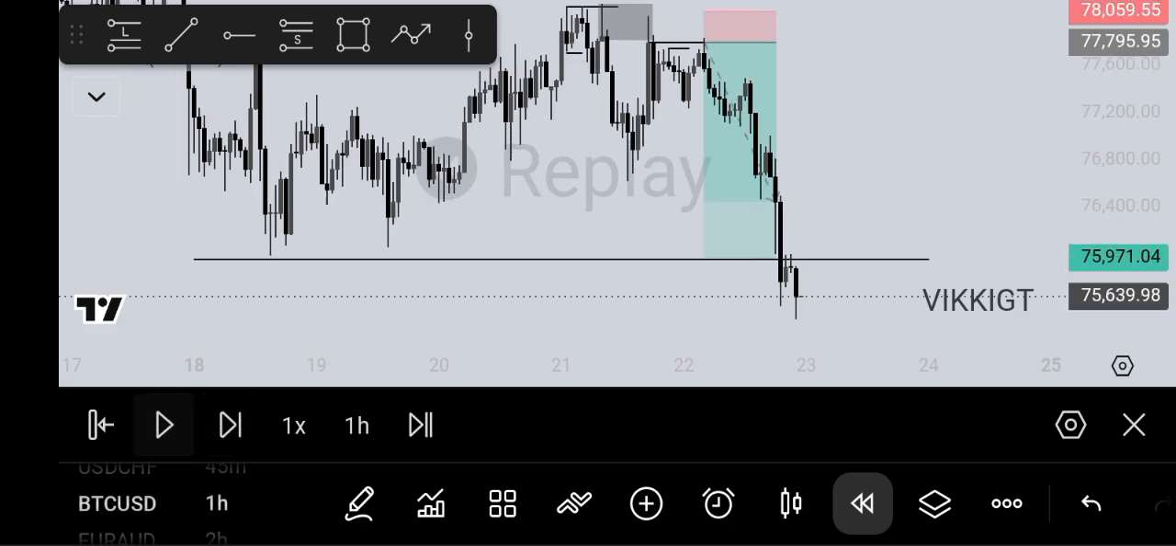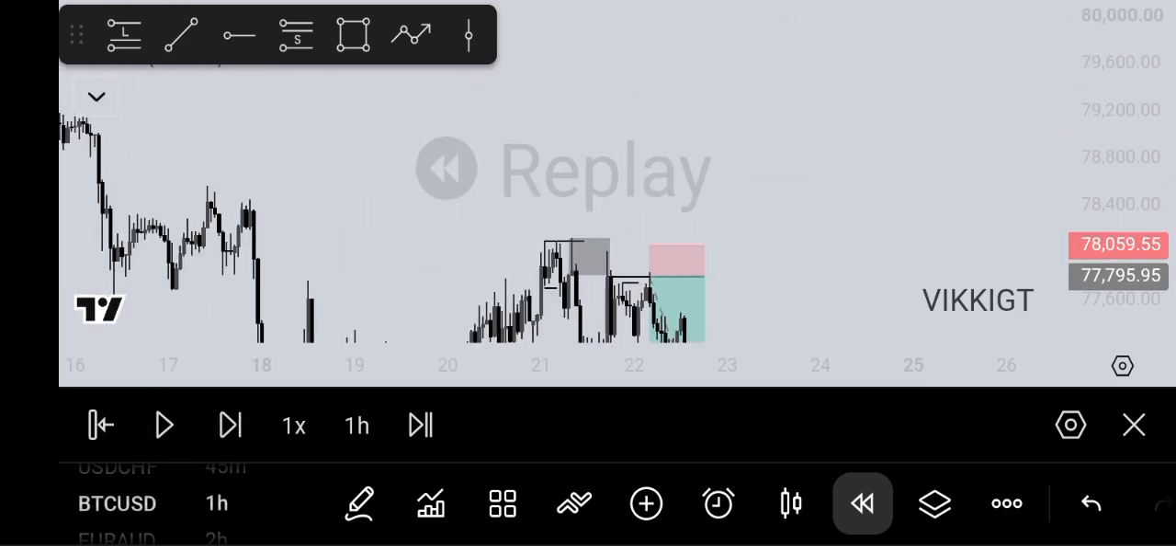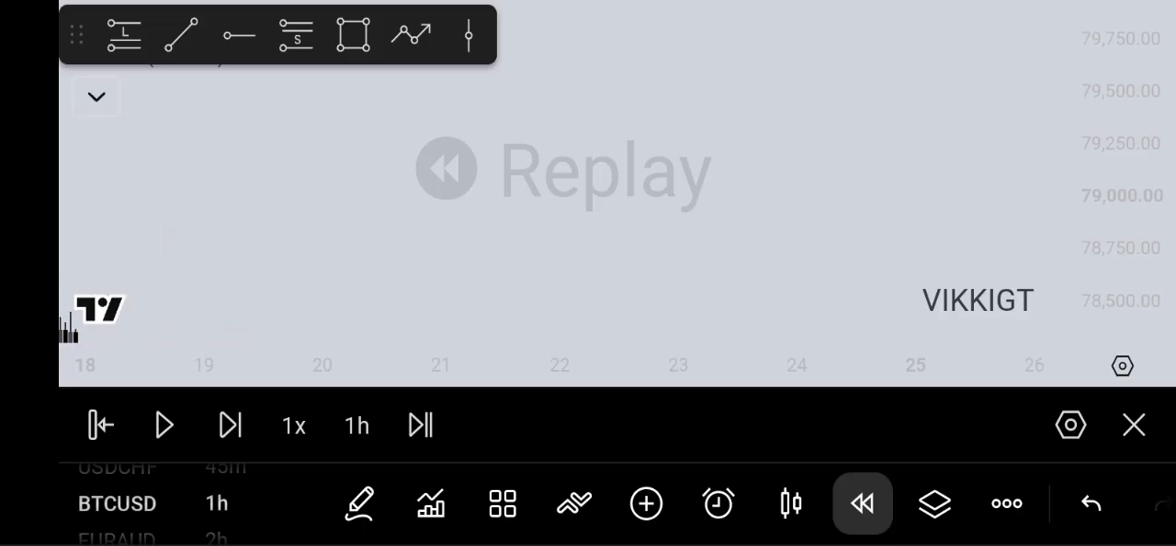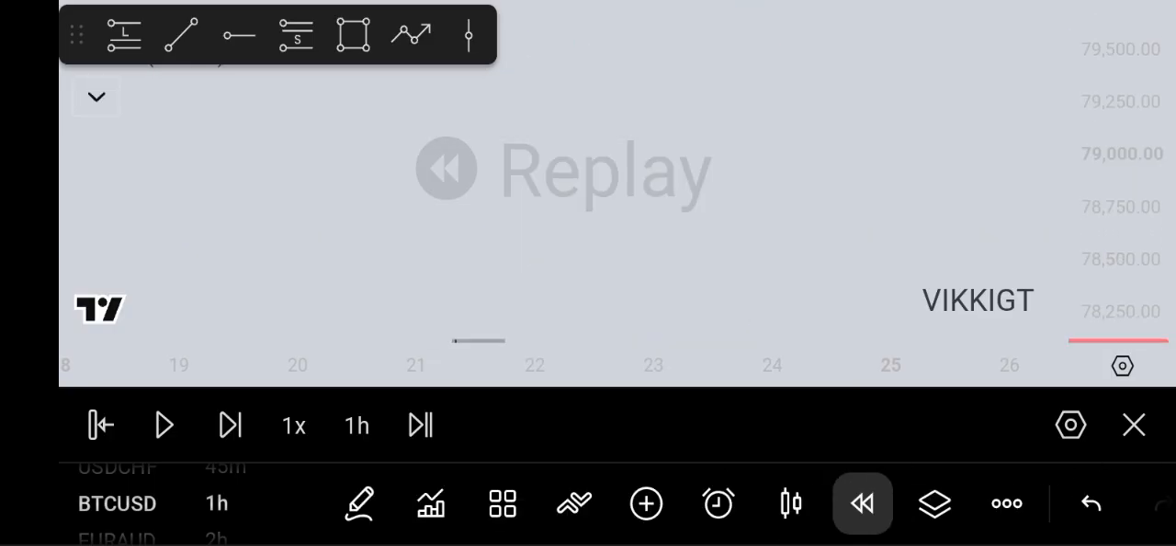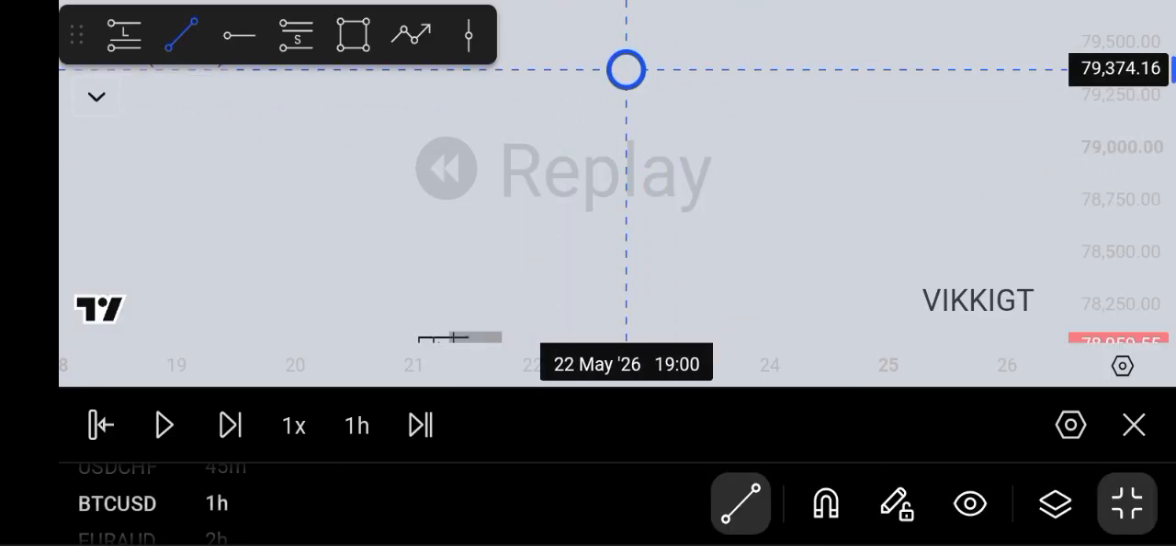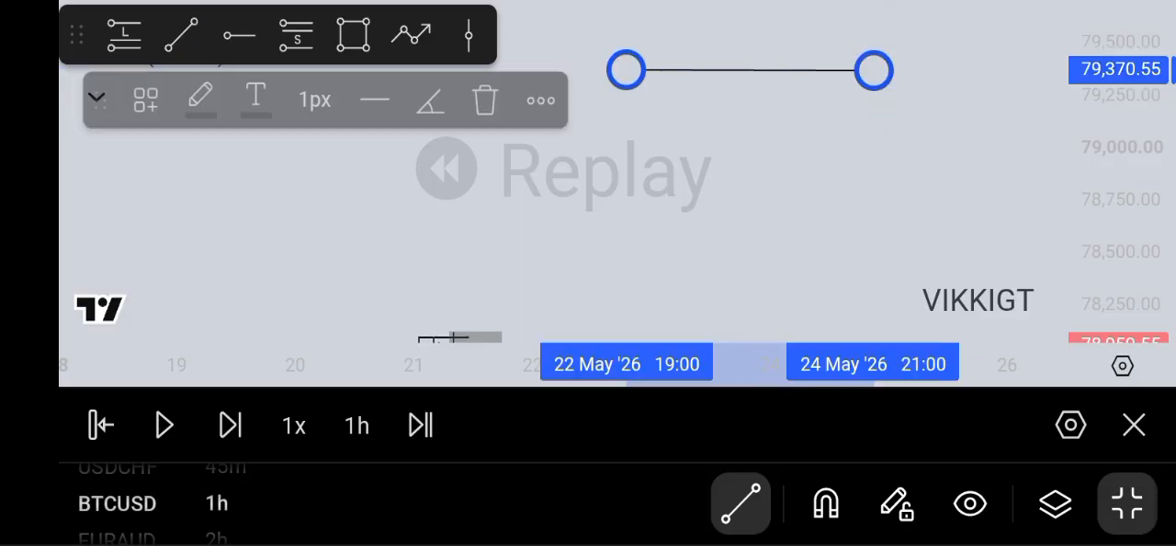So on any pair at all, be it synthetic indices, be it currency pair, be it crypto, you just have to follow the same bias. You just have to follow the same way. Find out your bias. Bias is very important, because if you don't know your direction, it's just like